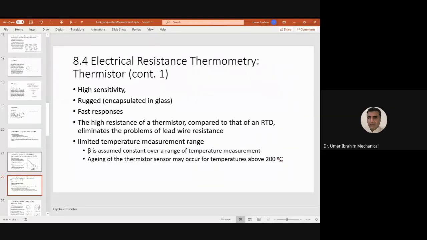Since it has higher resistance, meaning R naught values, since it has higher resistance compared to an RTD, therefore you typically don't have to worry about lead resistances